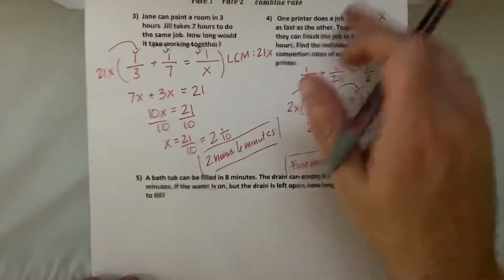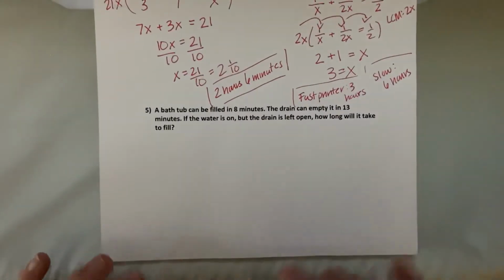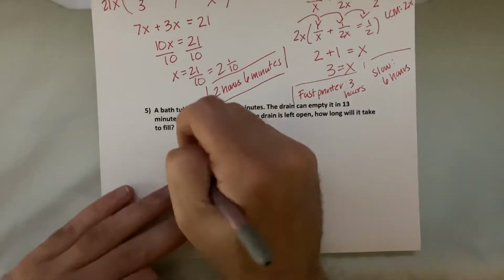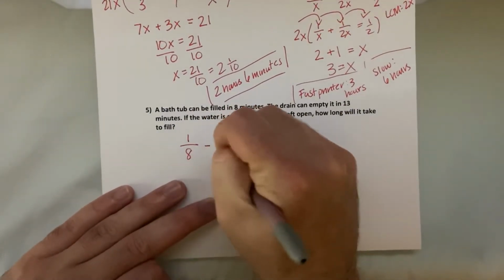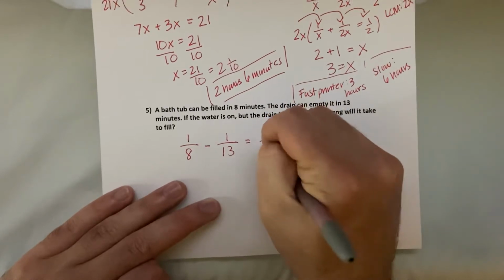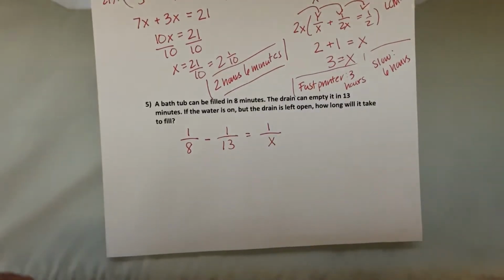Okay, and a slightly different take on the same kind of problem. A bathtub can be filled in 8 minutes. The drain can empty it in 13 minutes. If you turn the water on, but you accidentally leave the drain open, how long will it take to fill? So in these previous ones, the two rates were working together. Here, the bathtub is working to fill up, but the drain is actually working against the bathtub filling up. So instead of plus, it's now 1/8 minus 1/13 equals 1 over x, because the drain is actually working against